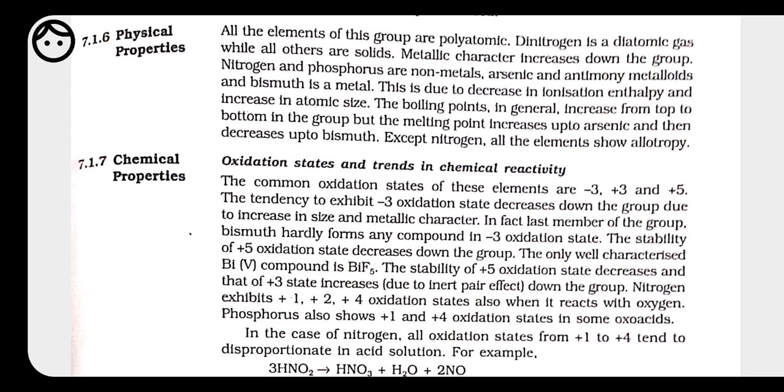Whenever we look at mass and volume both, the increase in mass takes place continuously. But when we look at the volume after arsenic, at antimony and bismuth, there is very little increase in volume because of the inert pair effect. So mass continuously increases, and that's why the density of this group increases on moving down the group.